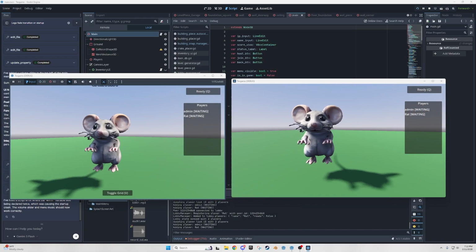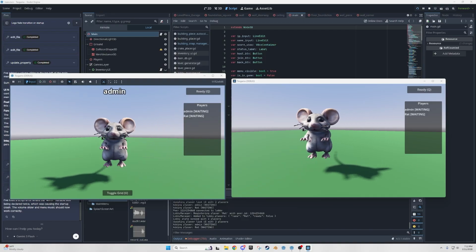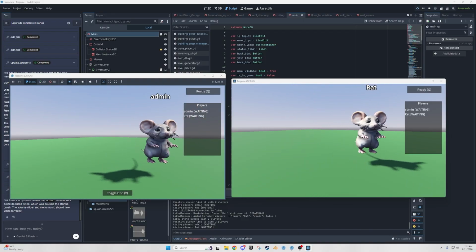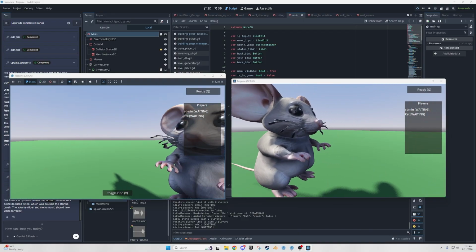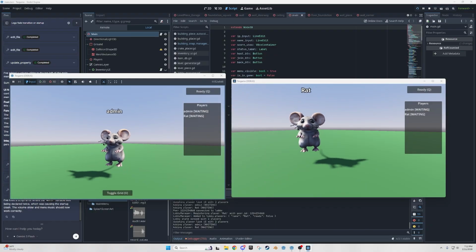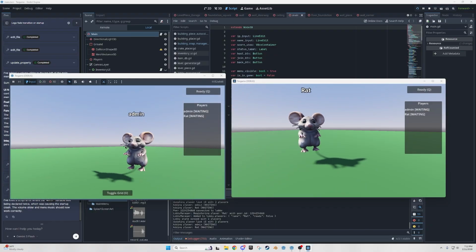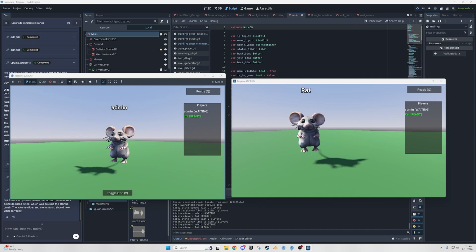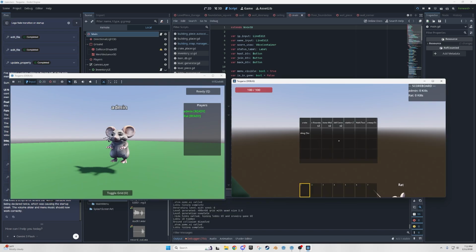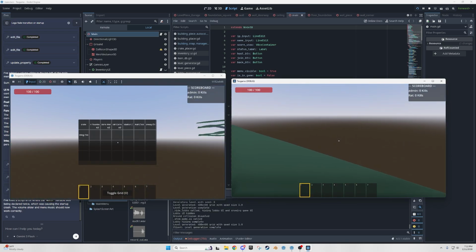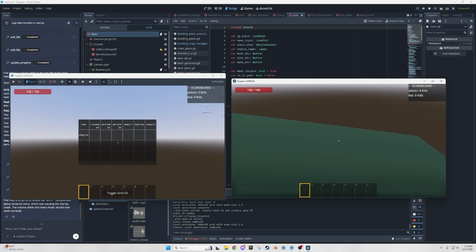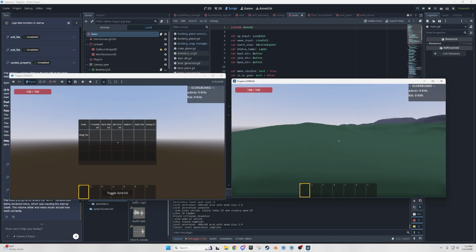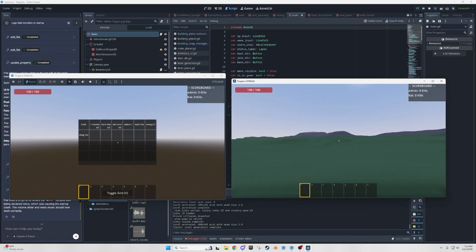Godot also automatically, at least from what I've seen, puts in inputs. I'm jumping and moving back and forth. You don't have to go set all this stuff up from scratch. Again, Ziva is doing all of this for me, so I don't have to worry about it. And there's the ready up. This was part of the lobby. Okay, let's see if it dumps us into the game. Beautiful. He's off the map. Great. Good stuff. It's probably because he spawned a little bit away from the other one.